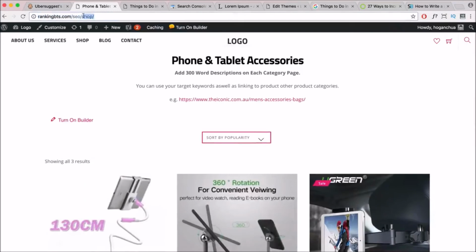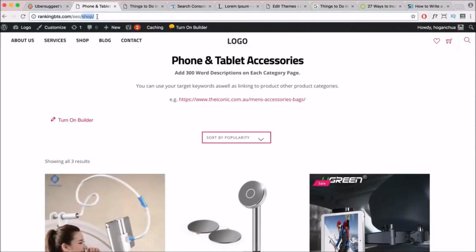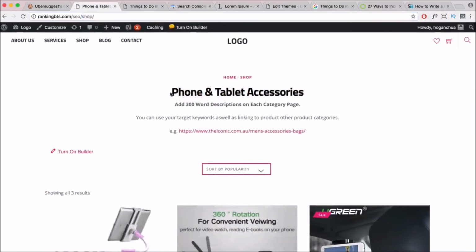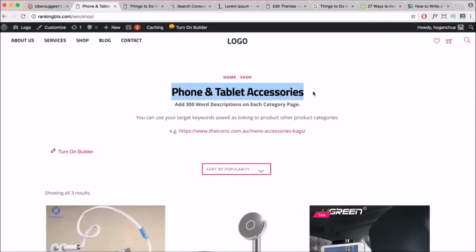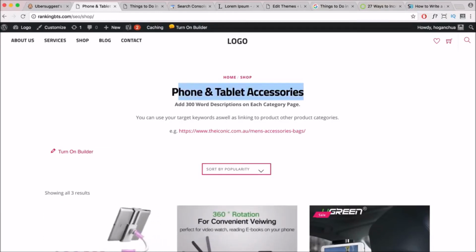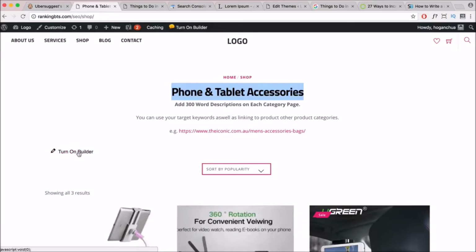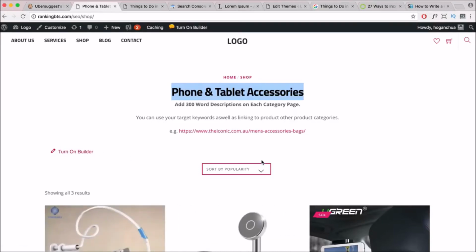So this can be your category page or your product page, but you do still want to optimize it. So if you're targeting phone and tablet accessories, you want to make sure that this keyword here is set to the H1 tag. And you do want to include a little description here. I'm not quite sure which builder you guys are using, but I'm using Themify Builder,